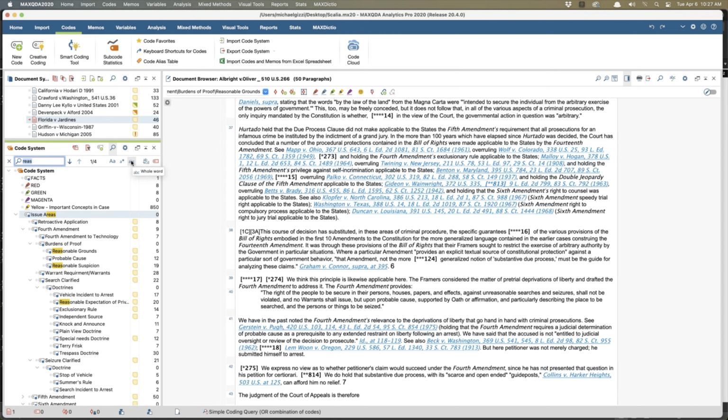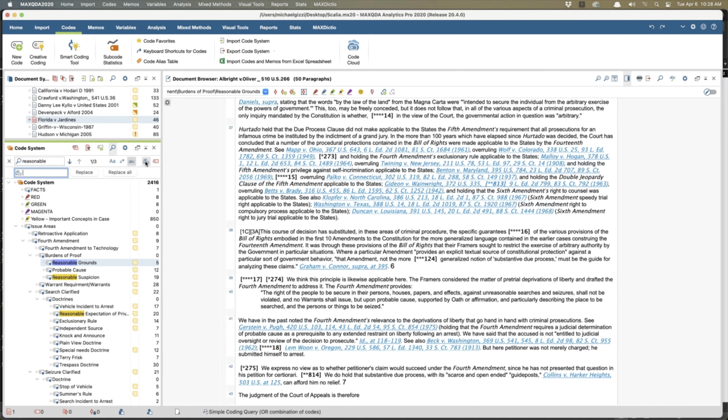Whole word. Okay, so it limits it. It wants a whole word. So reason doesn't show up, but reasonable will. So it's kind of useful. And then there's a search and replace tool.